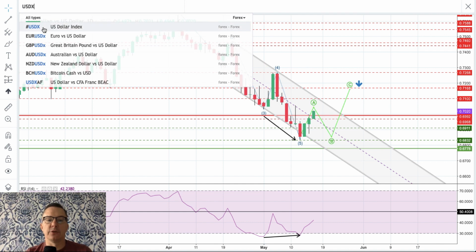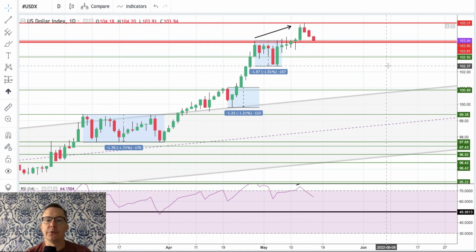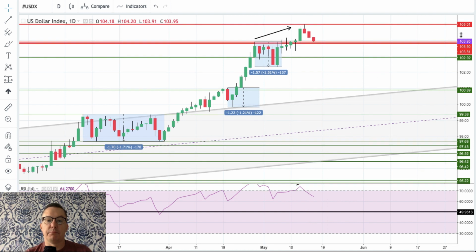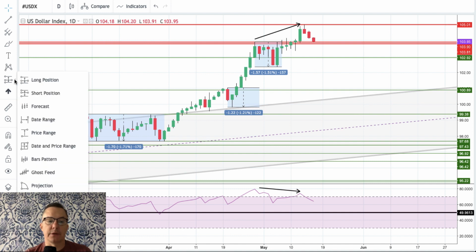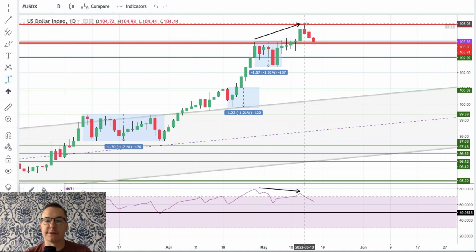Let's take a look at the US dollar index. US dollar index is coming off from the level of 105, which is the target level I have pointed out many times before. The reason for this move down is, of course, the negative divergence between the price. We have the new higher high and the momentum. The new higher high was made on the lower momentum. So right now we should expect the market to come off the extremely overbought levels and do some kind of a pullback or even a correction.